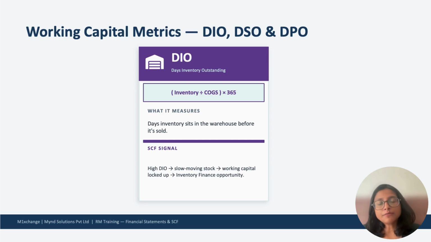Now, for example, if a company has an inventory of 30 crore and a COGS of 200 crore, right? Then what will be my DIO? It will be 30 divided by 200 into 365, right? So it will be roughly around 55 days of inventory, which is sitting unsold,